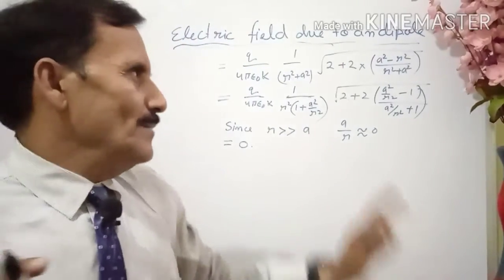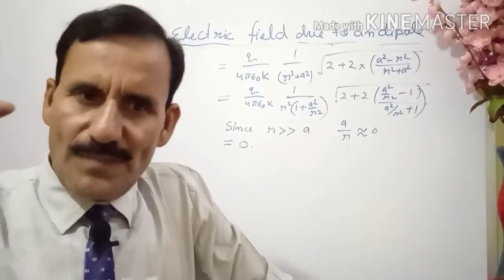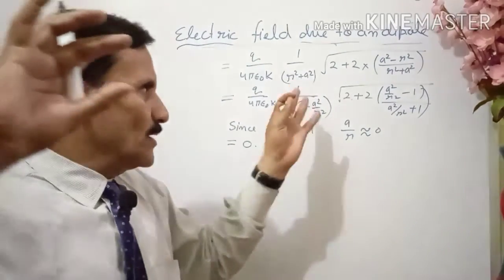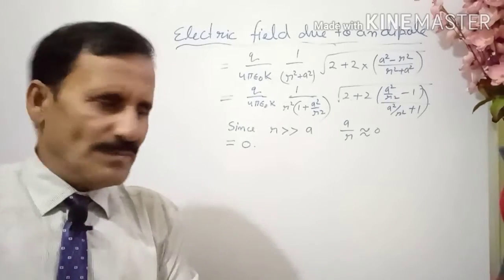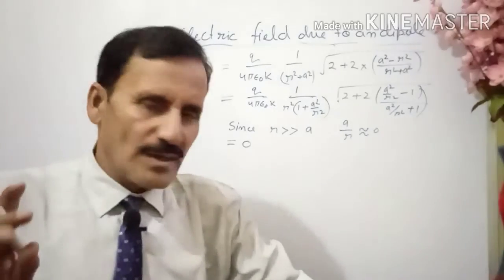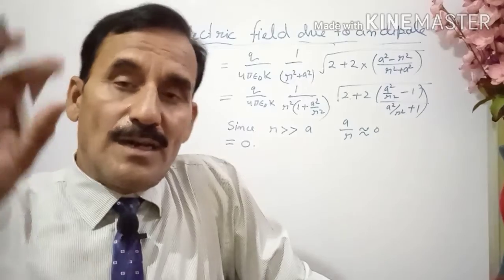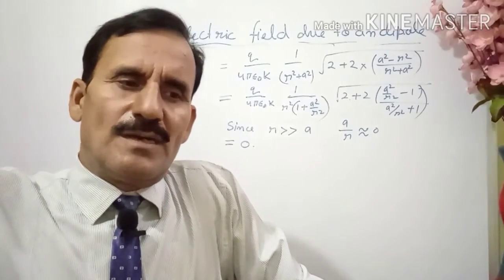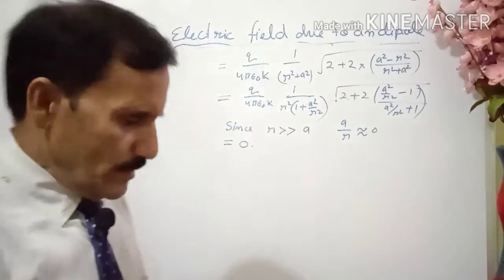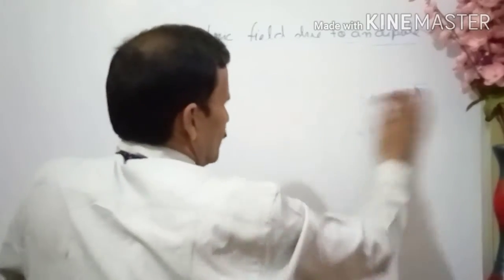So remember, it can also be solved by resolving the vectors E1, E2, that will be shorter, but it is better to take the longer way, not difficult, that is safe. So you are getting this equal to 0, and you come to the result that on the equatorial line of an electric dipole, the electric field is always 0. Okay, so this was all about the electric field due to a dipole.